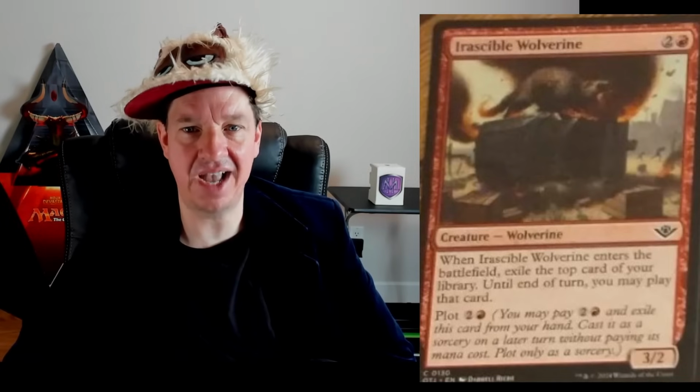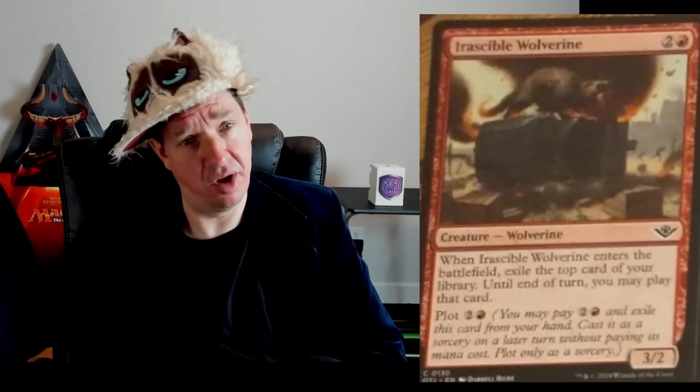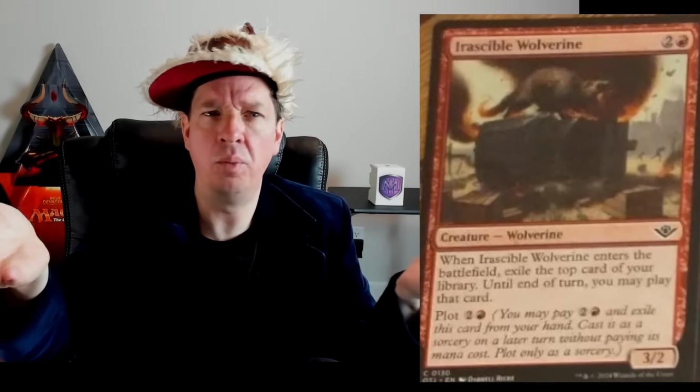It's got the ability Plot, which is a new ability to magic. Pay 1 red and 2, and exile this card from your hand. Cast it on a later turn without paying its mana cost. Plot only as a sorcery. So Plot is a variation almost of Foretell. We had Foretell from the Kaldheim era, where you would put cards face down and get to play them on a future turn, right? This time, you can actually just put the creature straight out,